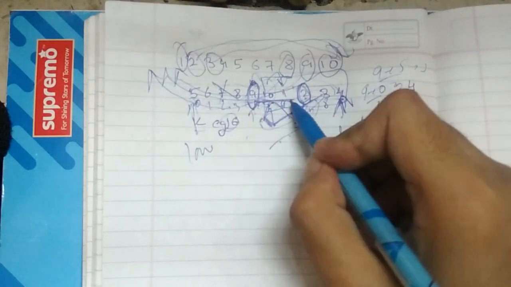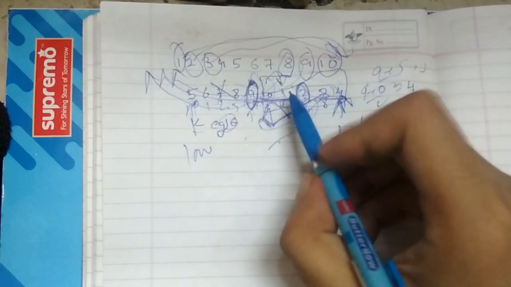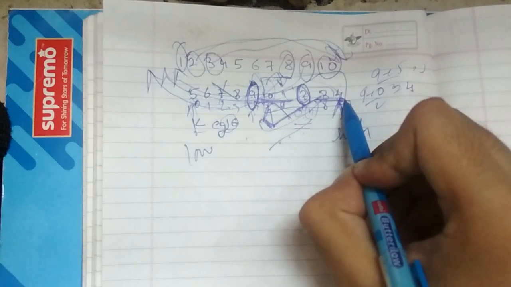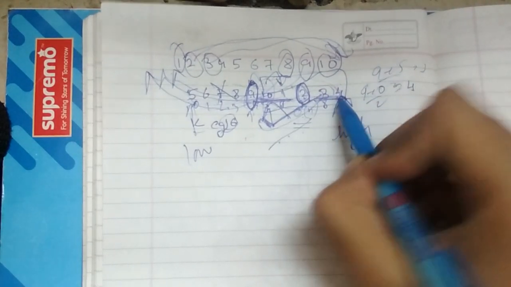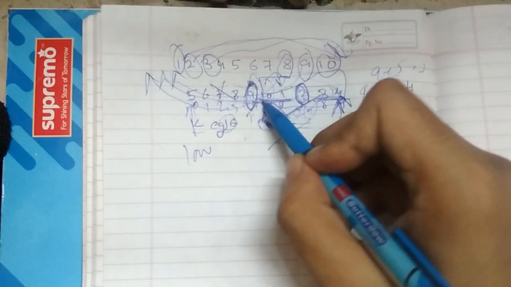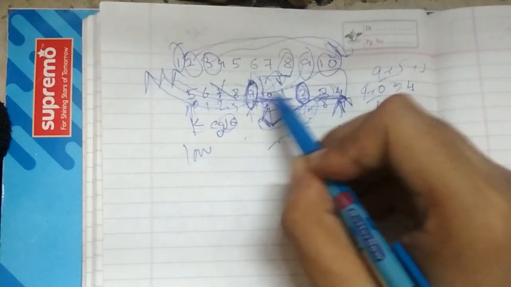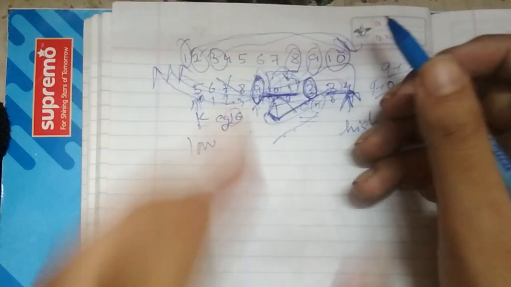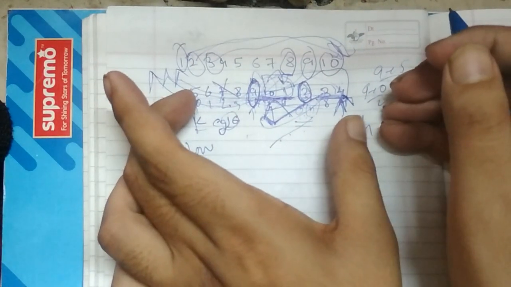divide this array into two halves, into two parts, left and right. We have to check whether this is strictly increasing or this is strictly increasing. The one which is strictly increasing, we simply reject that half and move into the other half. First we check 10 to 2. No, this is not increasing. So the pivot element will lie in this half. So this is the process in this question.